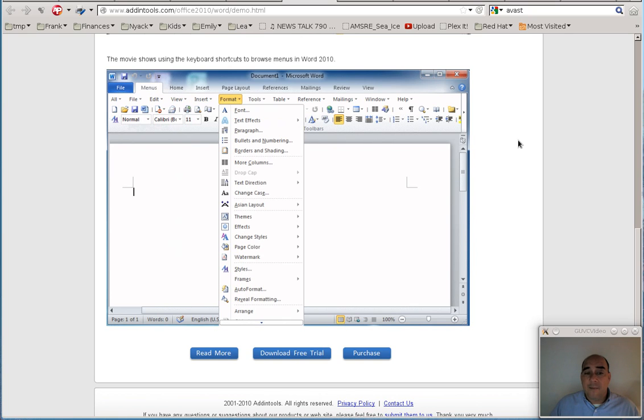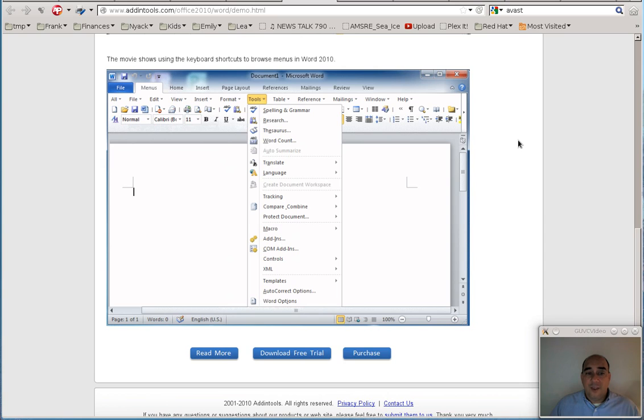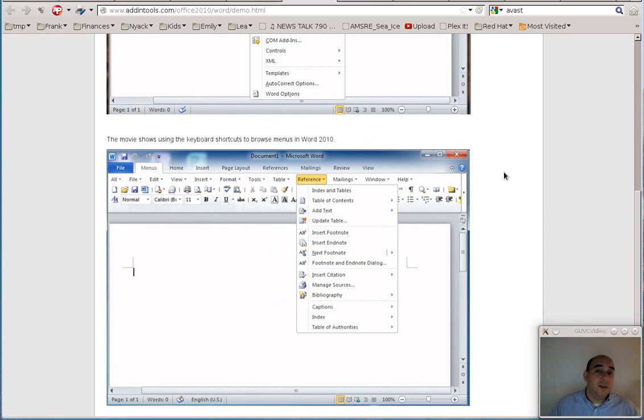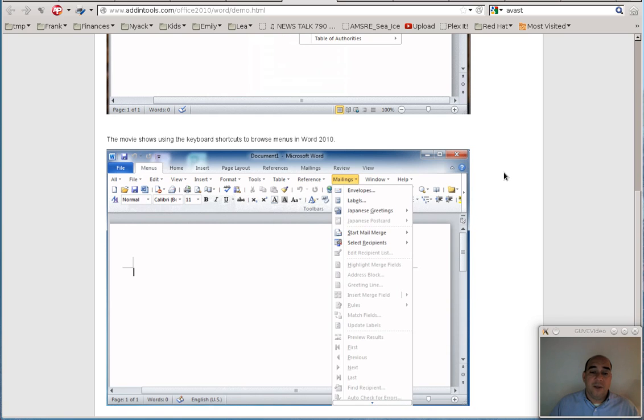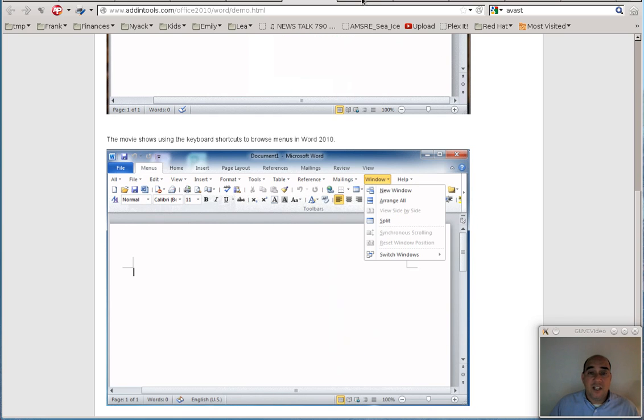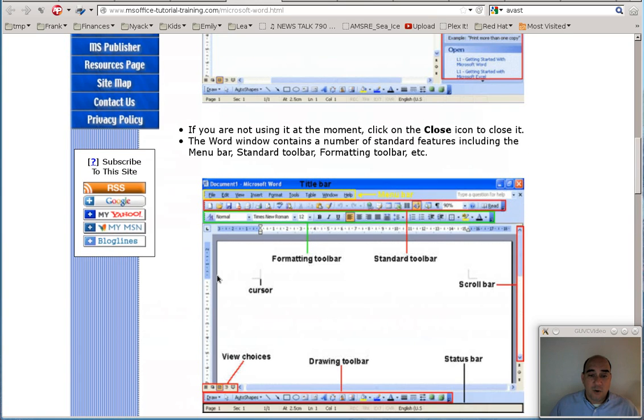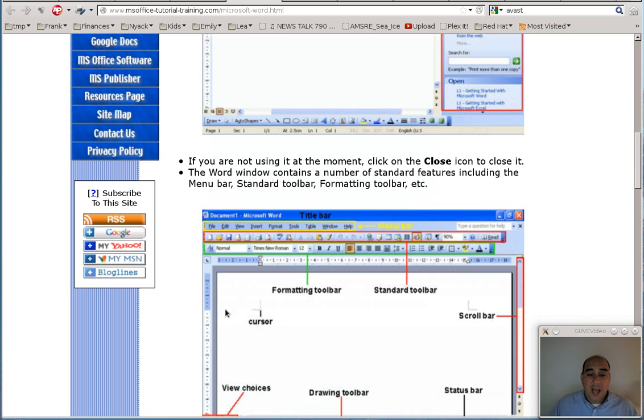You don't need the drop downs anymore. You can go this route and use the ribbon. Some people like the ribbon. Some people want to go back to the old drop down menus, but you really don't need to use drop down menus anymore. And to be honest, if you're smart, when you're looking at these things, you can always say to yourself, you know what, I don't need this anymore because I know the quick key. I don't need this, I don't need this, right? I don't need this, I don't need this, because I know the quick keys for them,